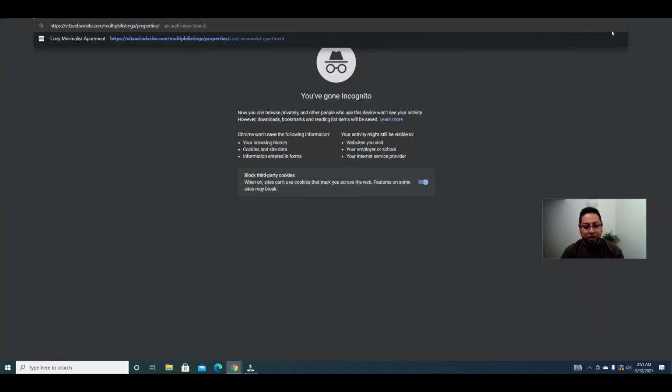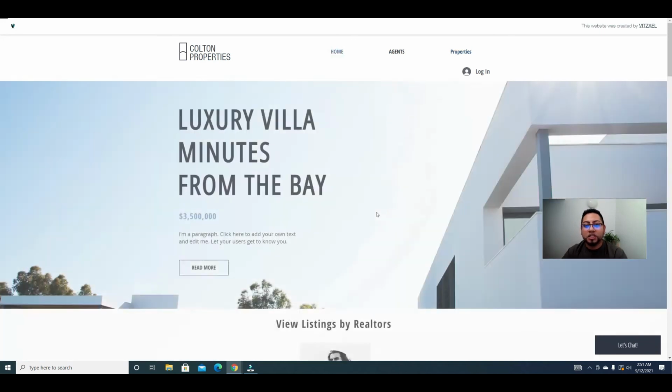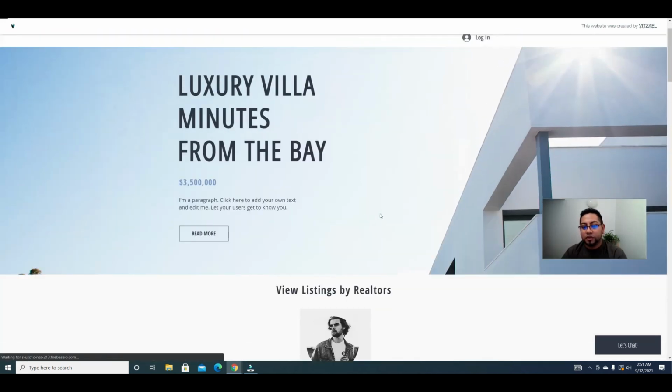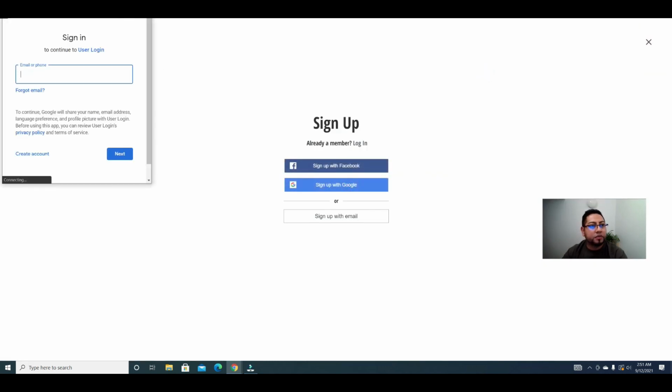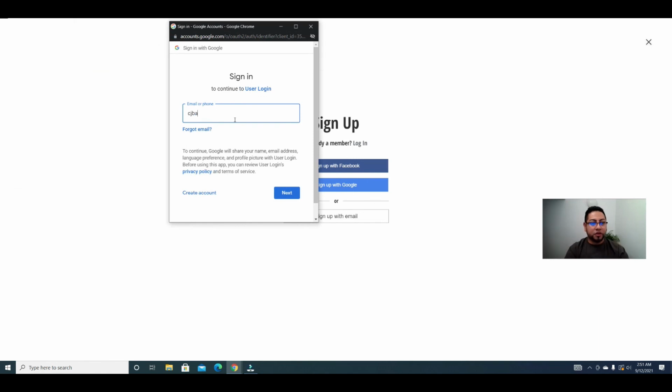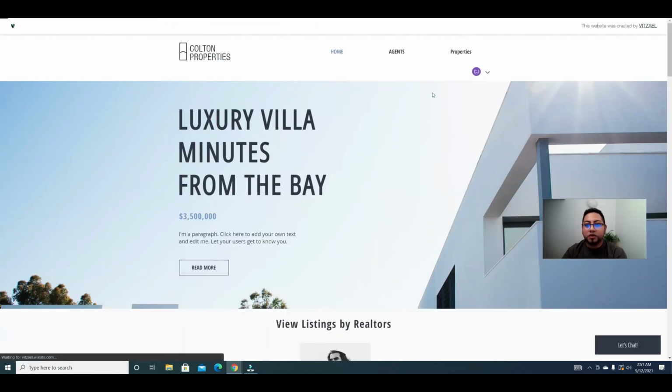and then we're gonna open a new one, and as you can see, now we're in a private page. That's this one right there. We're gonna log in, we're gonna sign up with a different email. This is a junk email that I have, so just don't try to email me there. I literally use it just for testing and stuff. So there it is. Okay, so now I'm gonna go right here, and I'm gonna add a listing,